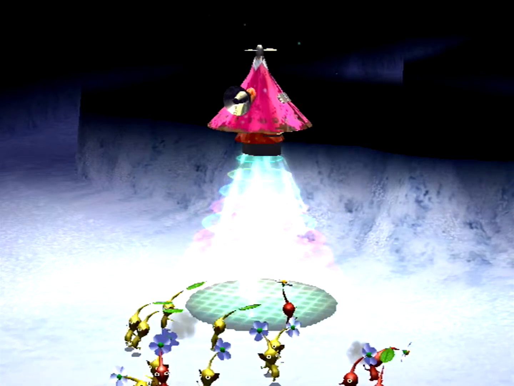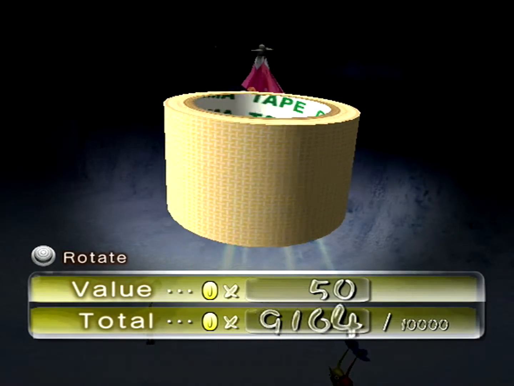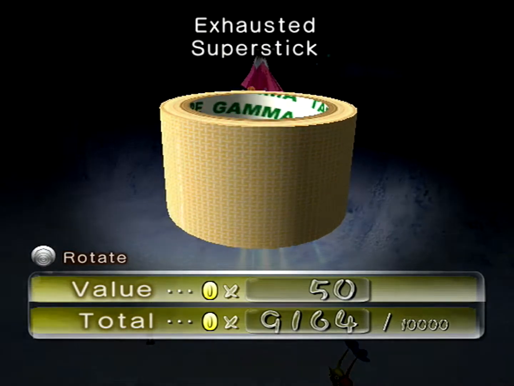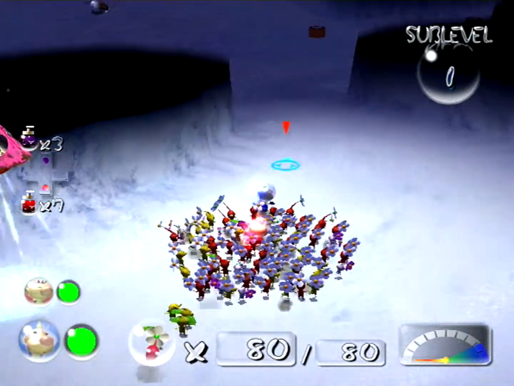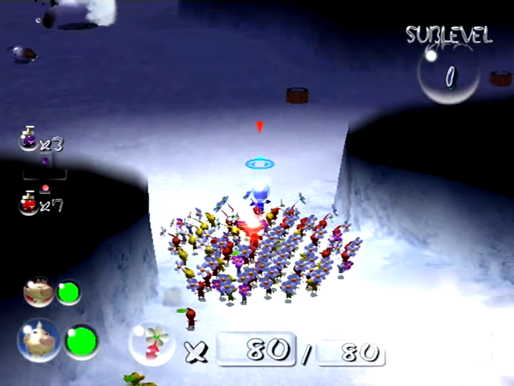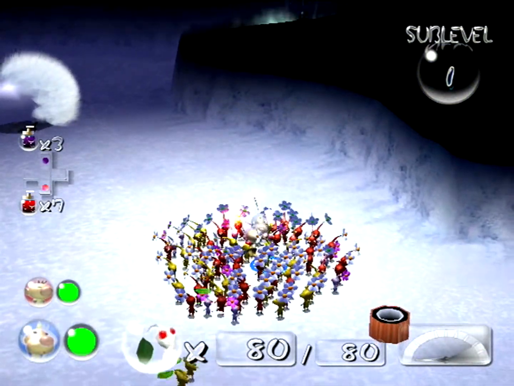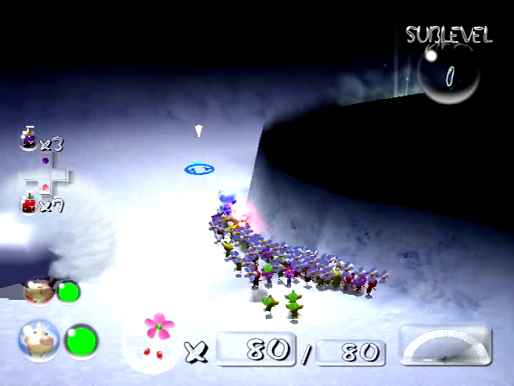Alright, this might be it. Alright. Give me that sticky textile. Exhausted super stick. I was close-ish. Yeah, there's just nothing. That's weird. Like, I get it, randomly generated dungeons or whatever. Well, at least the placement of items and such are generated randomly, but...